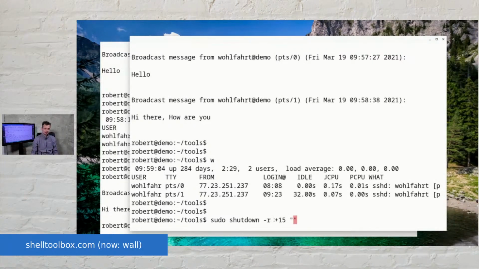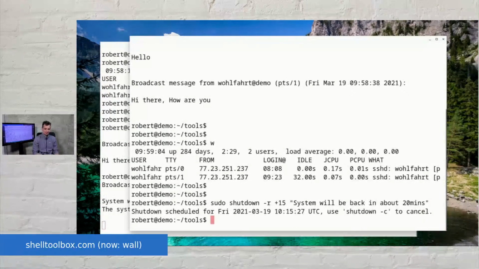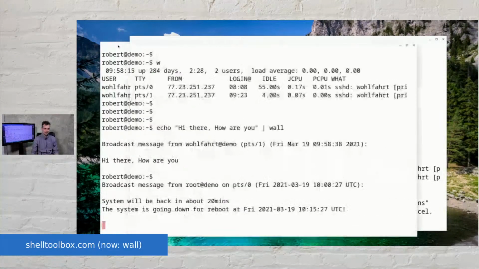a warning and time to save their work, time to leave the system. And therefore I say I want to reboot in 15 minutes, and then my message: system will be back in about 20 minutes, for instance. Now let's send this shutdown message to the system, and you see every user on the system now again gets this broadcast message